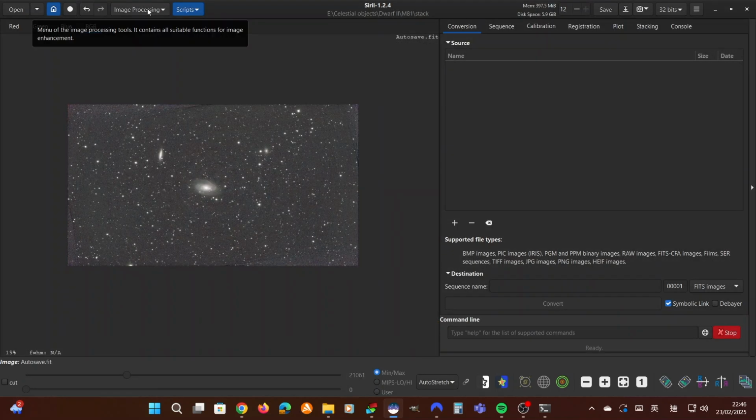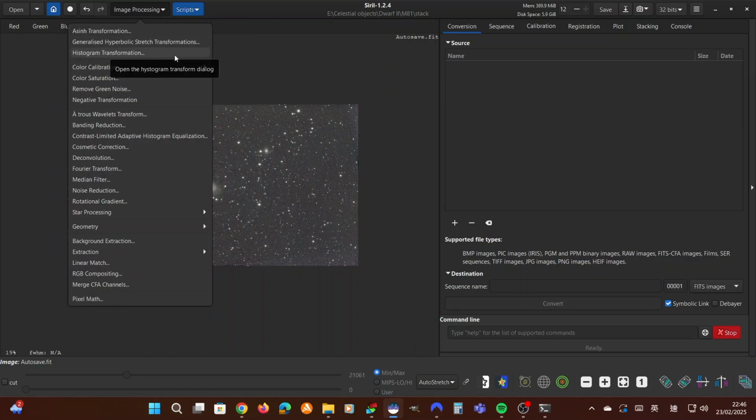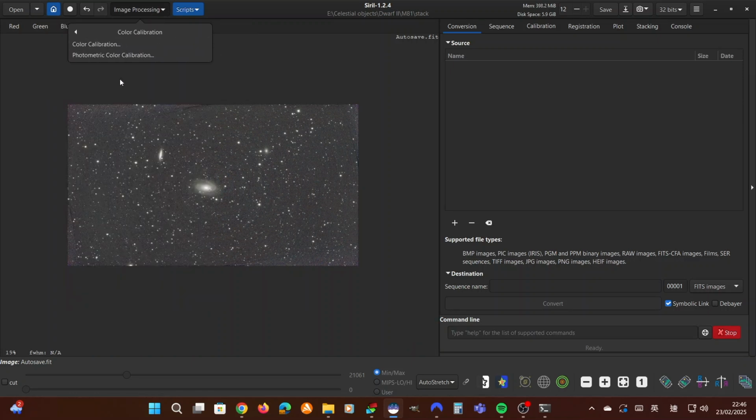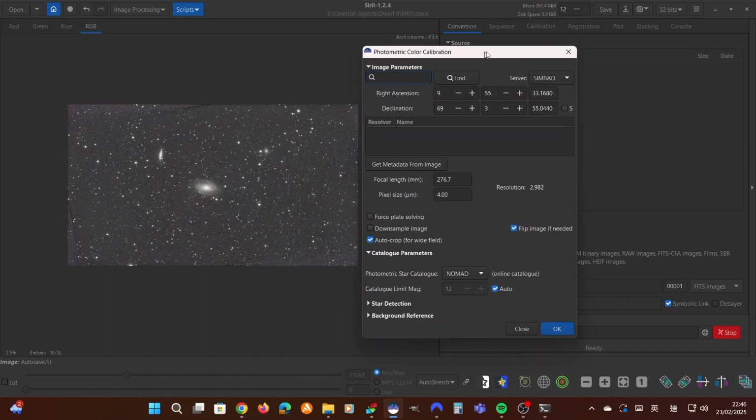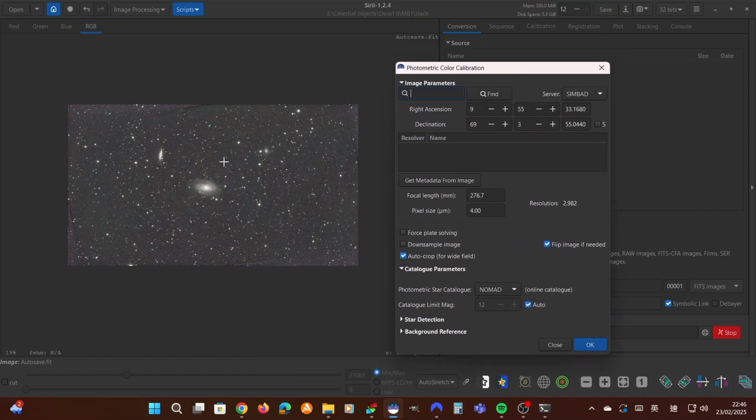So now go to image processing. We are now doing the photometric color calibration. In this tab, just type in the object that you took. In this photo, I took the M81 Galaxy. So I'm going to type the catalog number, M81. Click find, and then